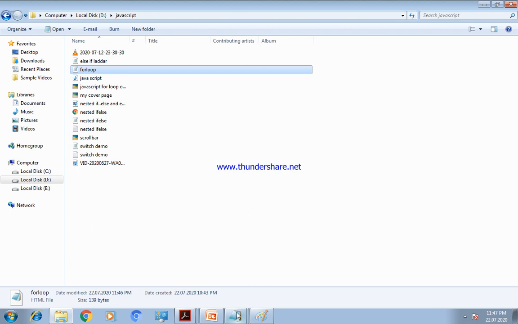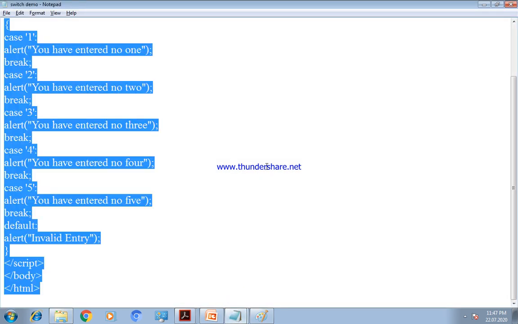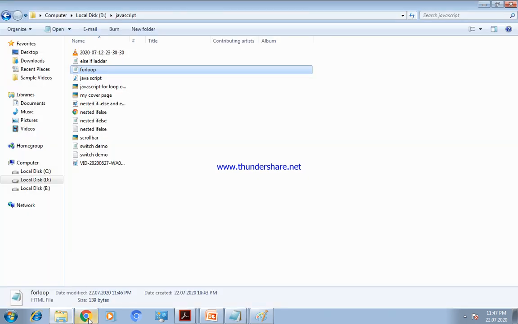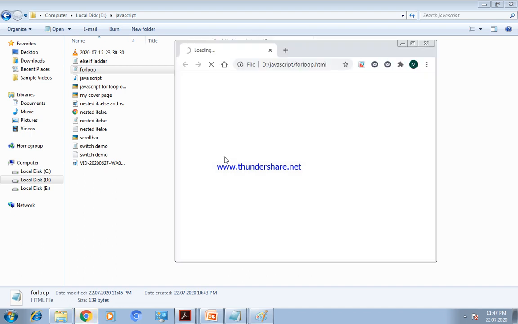And there is one more program, that is the switch. You can see this program. It is a switch program where we use the ch prompt function, then this ch value is compared with the switch value. This switch value is compared with case values 1, 2, 3, 4, 5. If it does not match any case value, then the default block is executed directly. Now here it is taking a little more time because it returns all the properties from the window, so it is taking time. Here it is showing the waiting time because it is returning the properties.